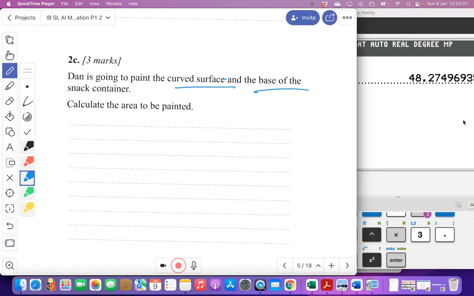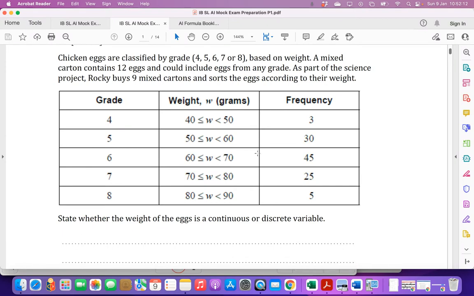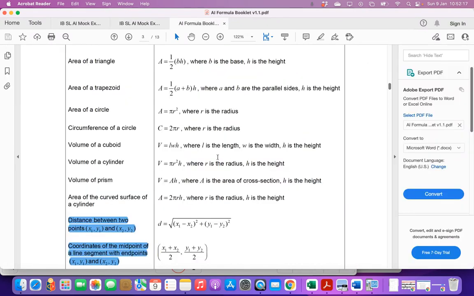basically you've done this: if you cut a cylinder down the side and then roll it out, you know that it rolls out to be a rectangle, and the rectangle is going to have a base of 2 pi r, okay, the circumference of the circle, and the height is going to be the height of the cylinder. So those are going to be our dimensions. So we're going to do 2 pi r times h, and remember that h was